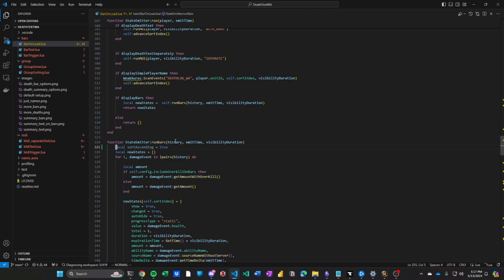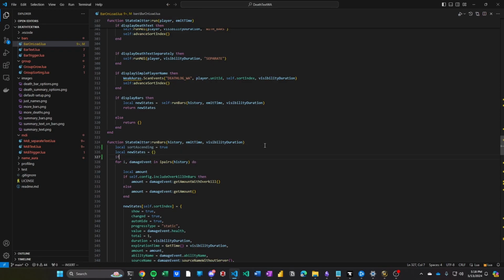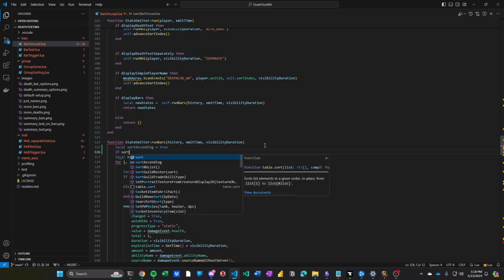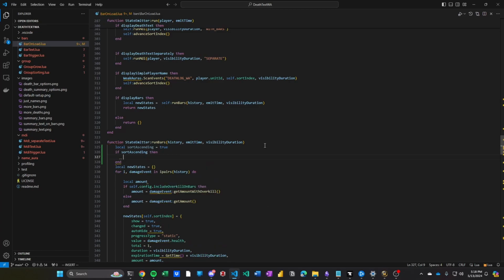Man, I could just copy the table over to a new one. It feels horrible. So let's say if sort ascending, then reversed